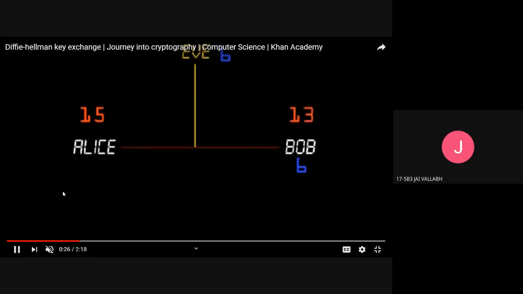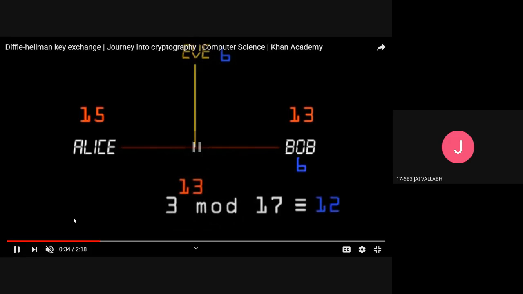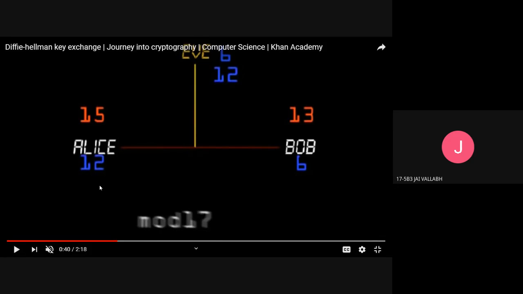Next, Bob will be randomly selecting a private key, which is 13, which is also less than 17, and then we'll be calculating its public key, which is 3 power 13 mod 17, and its value is 12. Now this 12 value will be shared in the network, that is to Alice as well as Eve. Now this 12 and 6, which are the public keys of Bob and Alice, will be used to calculate the secret key,